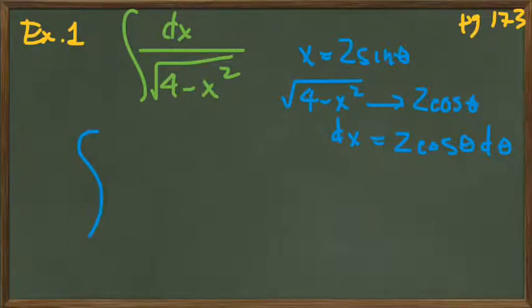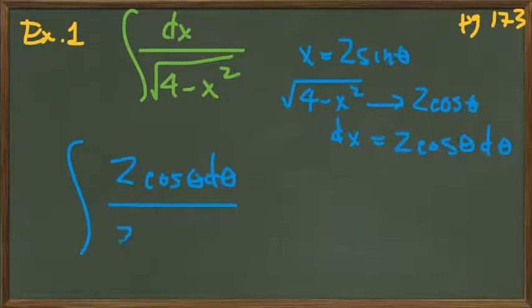The numerator is, as we just noted, 2 cosine theta d theta. The denominator turned into 2 cosine theta, and so we've got a lot of cancellation happening, and we're just left